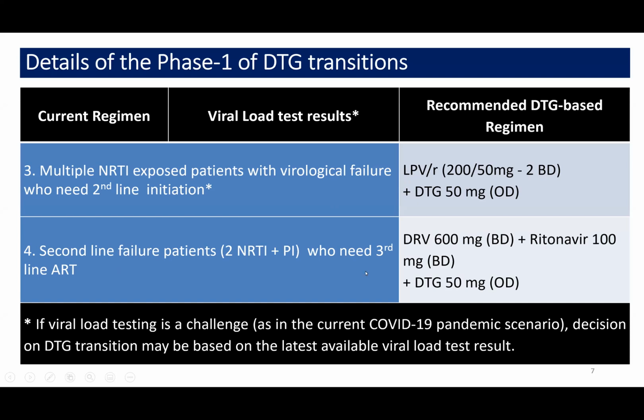As you see, all these things were already discussed in the previous sessions or previous OM. It was said, because COVID was at its peak and viral load was not happening, that if getting viral load done is a challenge, especially because of the COVID lockdown and this particular scenario, then the last viral load results, done within the last 6 months, can be used for decision making. But I guess now viral load is happening in most of the ART centers, through the Metropolis mechanism at least, so you can use the same mechanism for getting the recent viral load done.